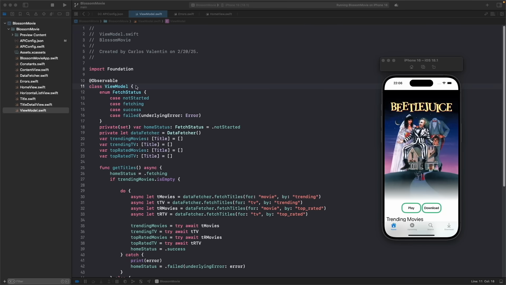In our app, we have a hero title showing on the home screen. The play button is meant to take the user to our title detail screen. Right now, the title is just static, so the first step is to show a different title every time the user opens the app. Since the app is called Blossom Movie, we'll use a different title from our trending movies